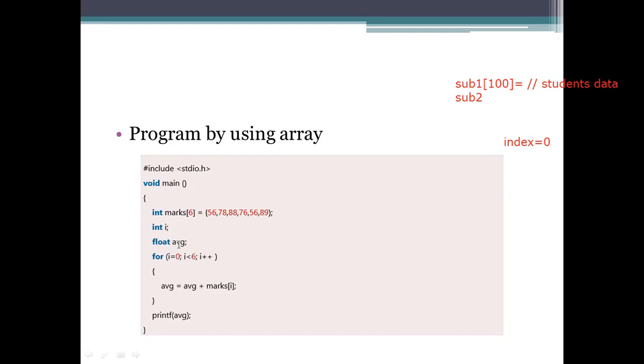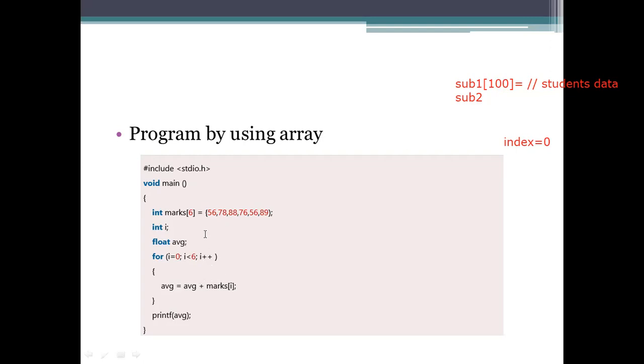So i and the next j, that is the average float value, because when you divide you will get a decimal representation. No? So for i equals to, where do I have to start, you should give 0 here for the index you have used. If not, it will calculate from the second subject and leave the first subject. And the average is equals to average. Initially there is no average value, so it equals 0 here, plus the marks of i.